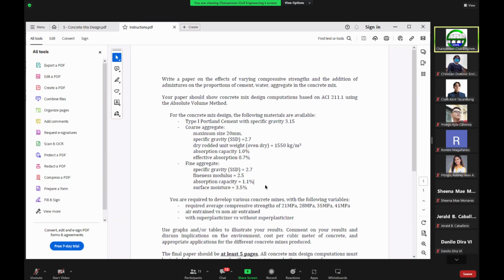Now I've given you the following materials: cement, your coarse aggregate, the details, and also the fine aggregate. You have to develop various concrete mixes with the following variables. There are varying compressive strengths. This is now the required average compressive strength. Take note, no need to add anymore. That's 21, 28, 35, 41. You have air entrained versus non-air entrained. Then you have with superplasticizer versus without superplasticizer. If you take into account all these variables, you actually will end up with 16